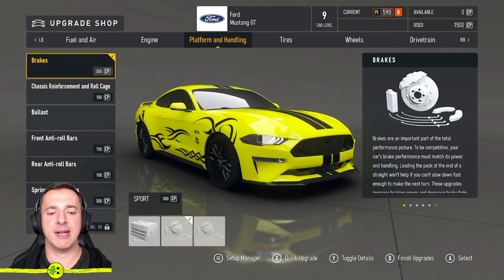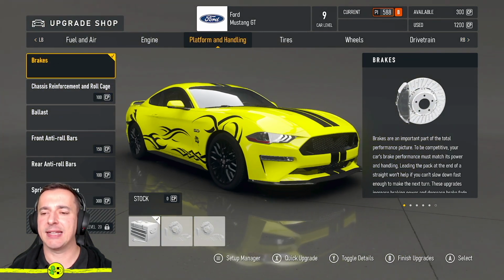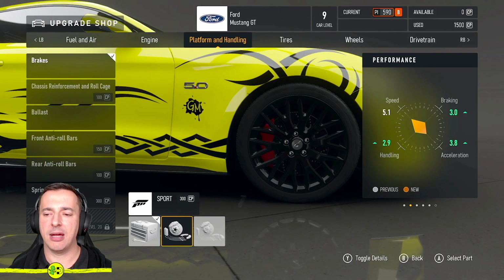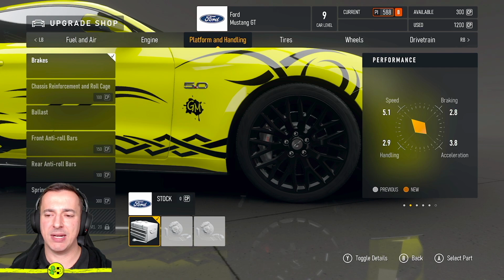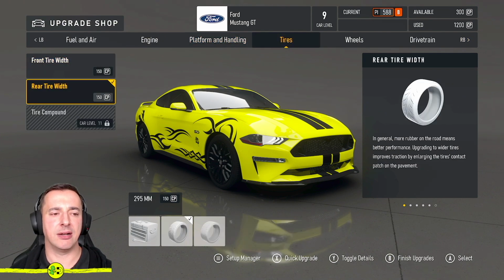And you can see it spent 300 on brakes. So I could go, actually, I disagree, my friends. So I could hit that with A, and I could say, take that off. And as I took that off, it's dropped that performance back down, so I can see what the difference is here between the two. And you can see it did up braking slightly, but I could say actually what I want to mess around with is, I don't know, let's see,